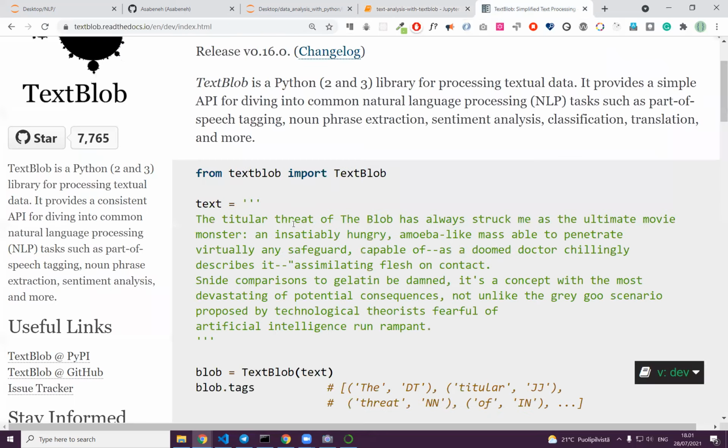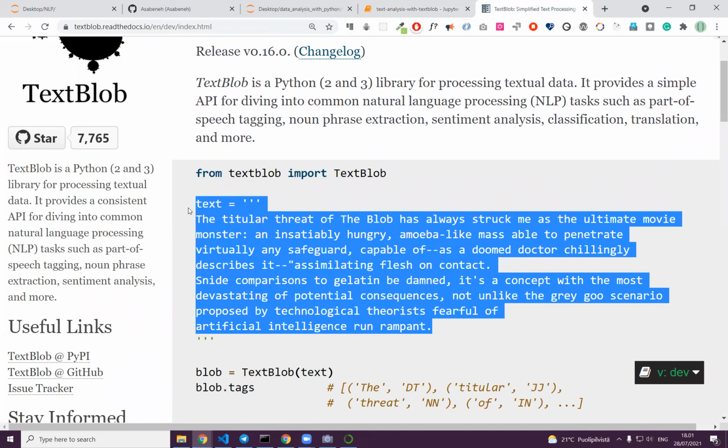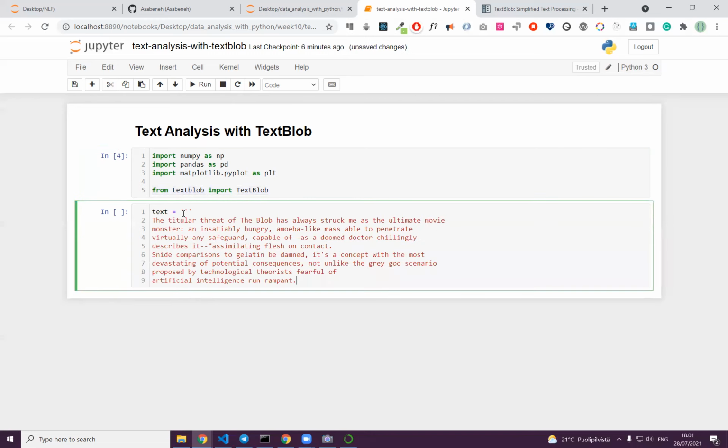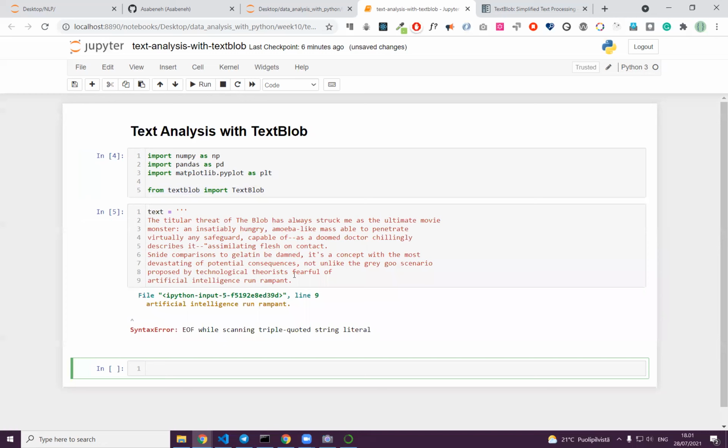Great. Now let's put in this text, and as you can see, of course, first we have to run it. Now let's just put this text. Oh, there, I forgot to put the